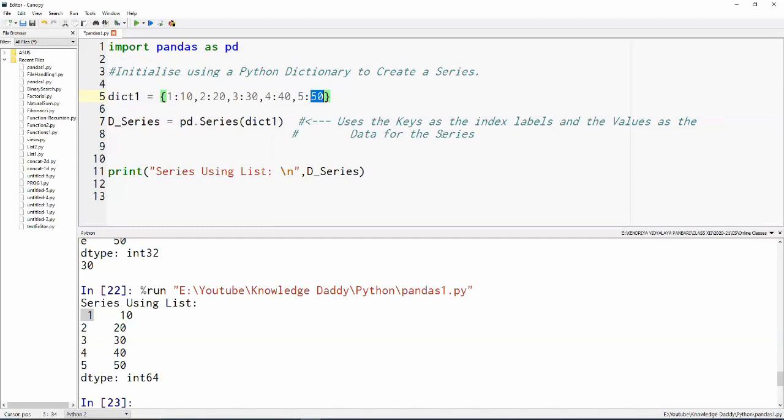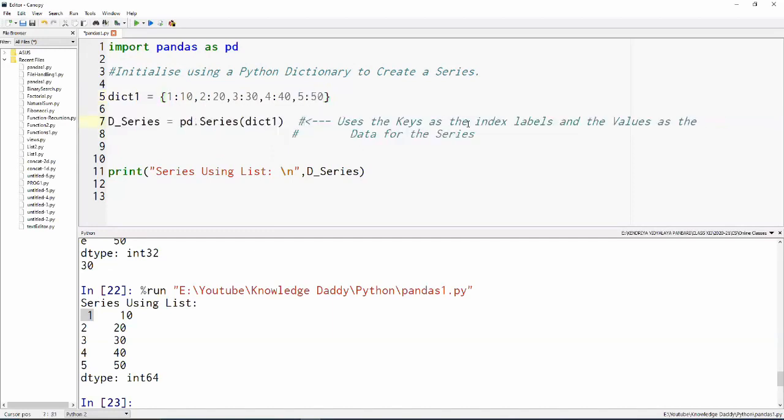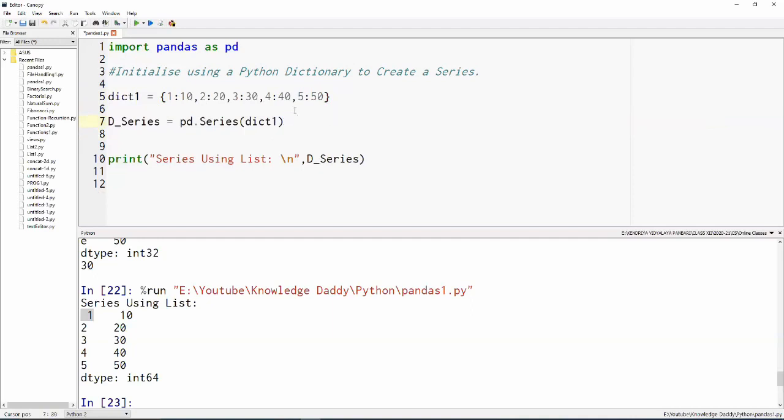Now, this simplifies a lot of stuff. We can provide whichever kind of index values we want, and we do not need to provide the index positions in the series separately. Let me show you.